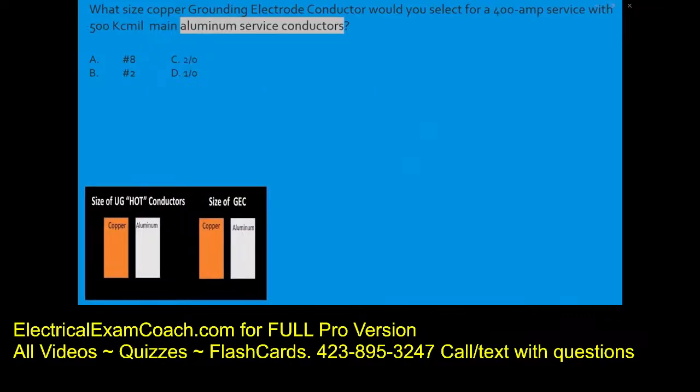What size copper grounding electrode conductor would you select for a 400 amp service with 500 KC mil main aluminum service conductors? First thing, does it mention the type of electrode? No, so we're going to use table 250.66